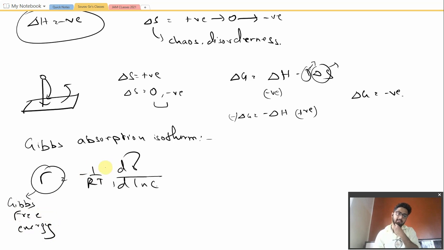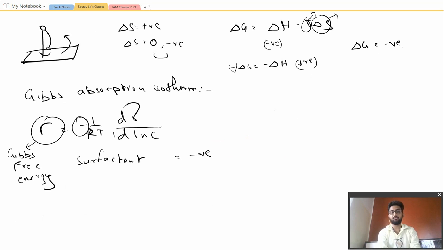In this case also you may see that a negative sign is there in the equation, and obviously for a substance getting attached, that is a surfactant, this capital gamma value is always negative. So what does a surfactant do? It attaches, and the adsorption occurs quite extensively. So these are the four explanations that you need to write in your paper. And obviously, for the things that I have already mentioned, you must just rewind the video, pause the video, whatever you like, and note down the points that I have been explaining.